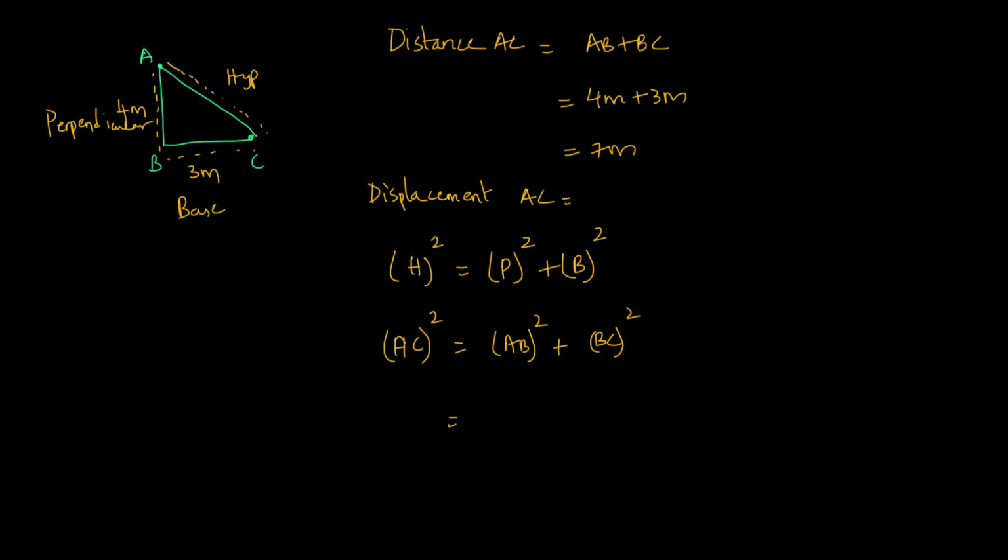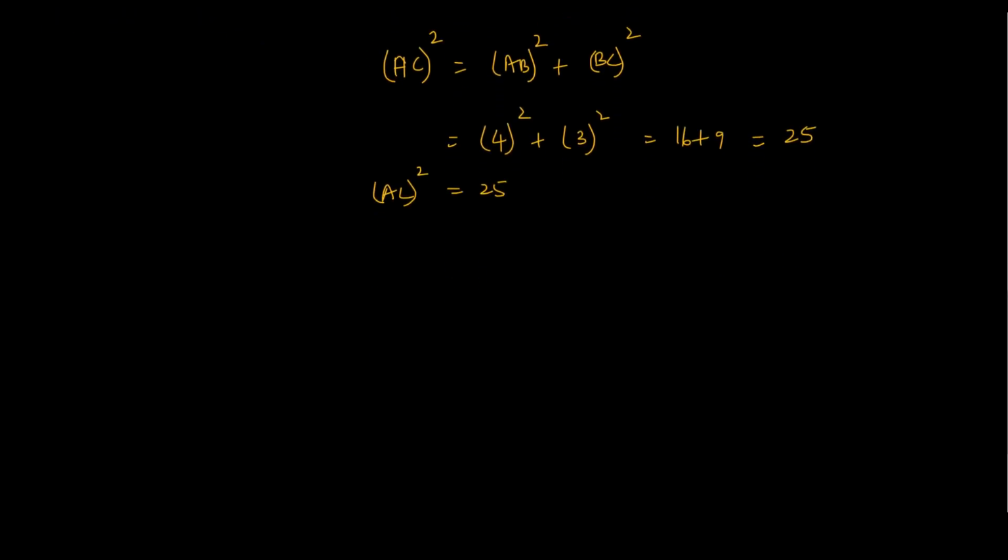So we have AB square as 4 square and BC square as 3 square, which is equal to 16 plus 9, which comes to 25. Therefore AC square is equal to 25. Then AC will be equal to root 25, that is equal to 5 meter. Hence here the person who has to move from position A to position B and B to C,